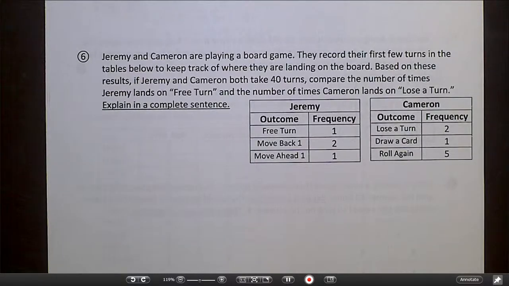Number 6. Jeremy and Cameron are playing a board game. They record their first few turns on the tables below to keep track of where they are landing on the board. Based on these results, if Jeremy and Cameron both take 40 turns, compare the number of times Jeremy lands on free turn